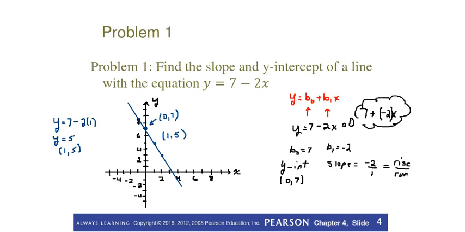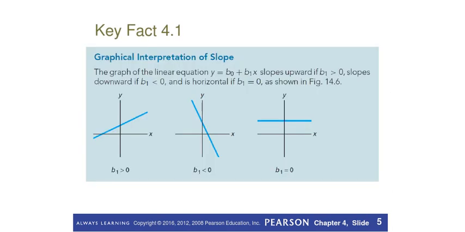This is the slope-intercept form of the equation. We called this in the previous course, so we'll use it here. Okay, so not too bad. Now let's apply this a little bit right here. There's a couple of things that we need to know about the slope. The slope, B1, that we're using, means that if we have a positive slope, let me get my pen going here again, gosh, a positive slope